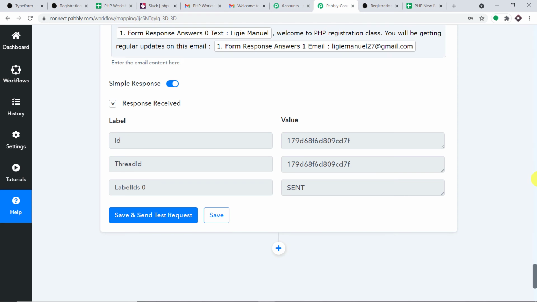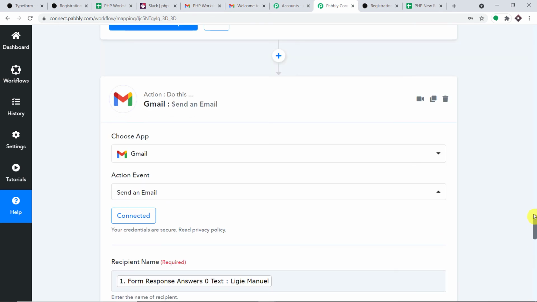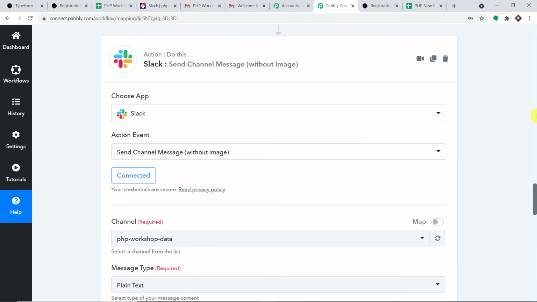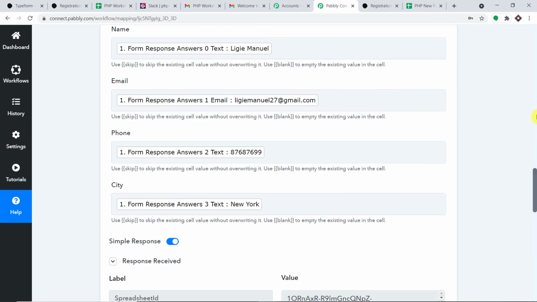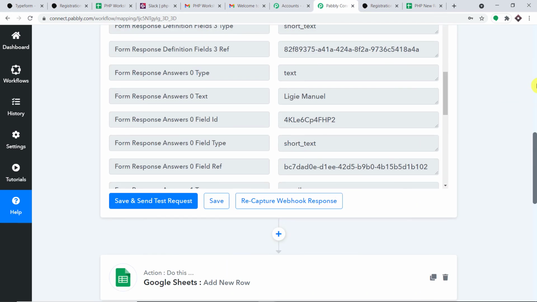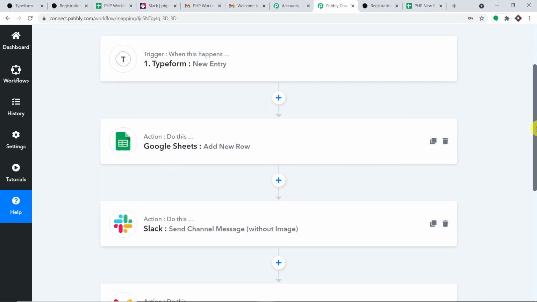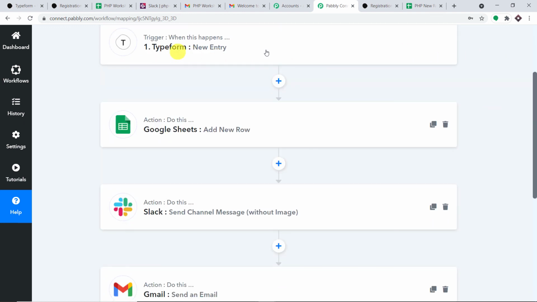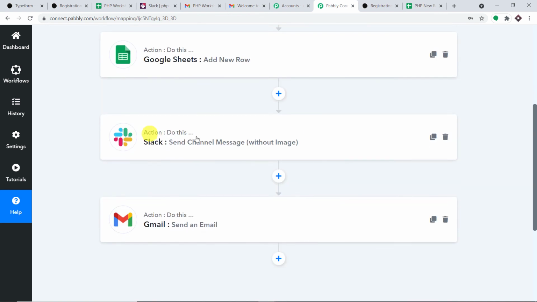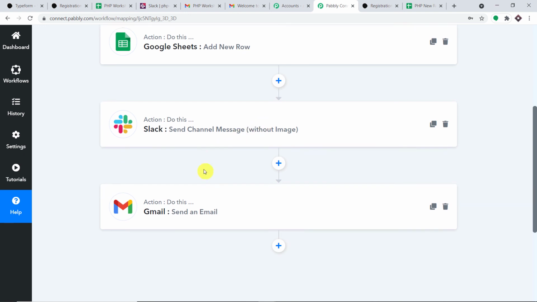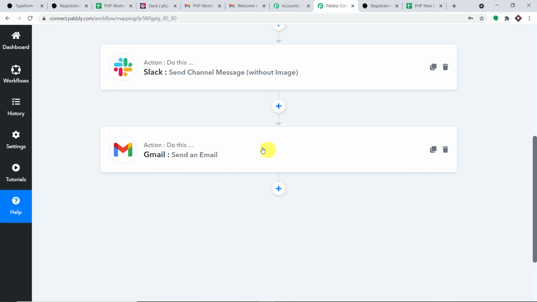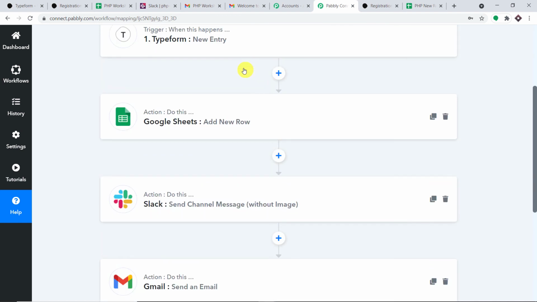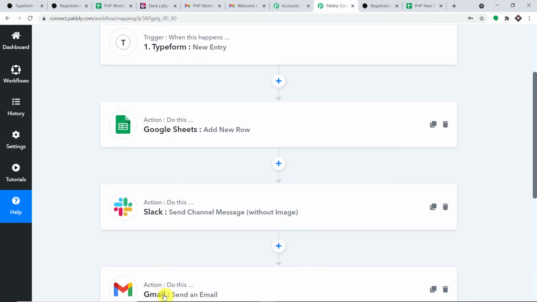Now, before you leave, let me just explain you the whole mechanism in a nutshell. So let me just minimize this action window and let me just minimize the trigger window. So basically, this is the whole process in a nutshell. First, you integrated Typeform to Pabbly Connect and then you have added all the data into Google Sheet. After that, you have made sure that Slack is connected to Pabbly Connect. You composed a message and sent it as a notification. After that, you did the same thing with Gmail. You integrated Gmail to Pabbly Connect, composed a message and sent an email. So now there's a perfect flow of data between Typeform, Google Sheets, Slack and Gmail. Excellent.